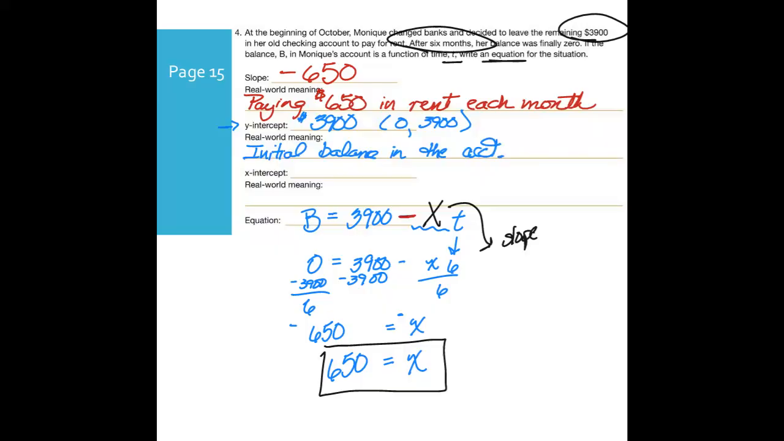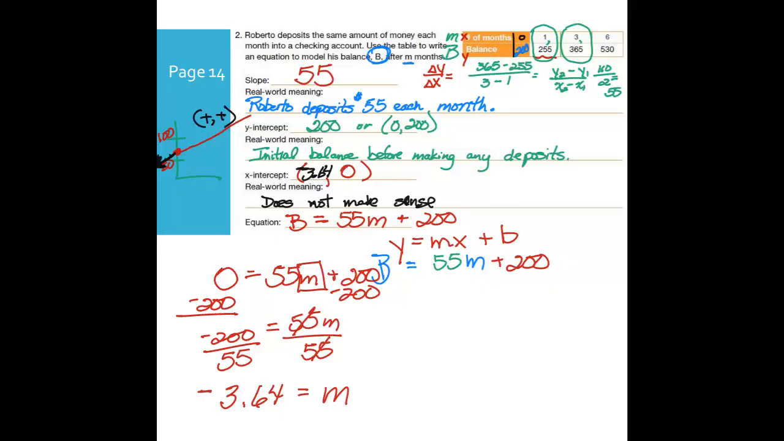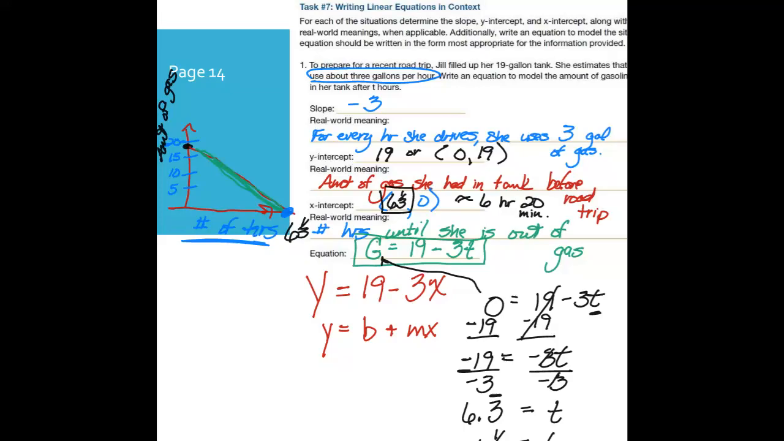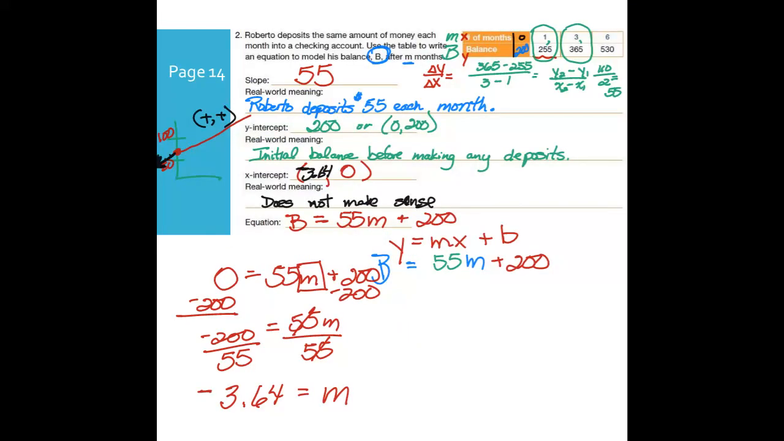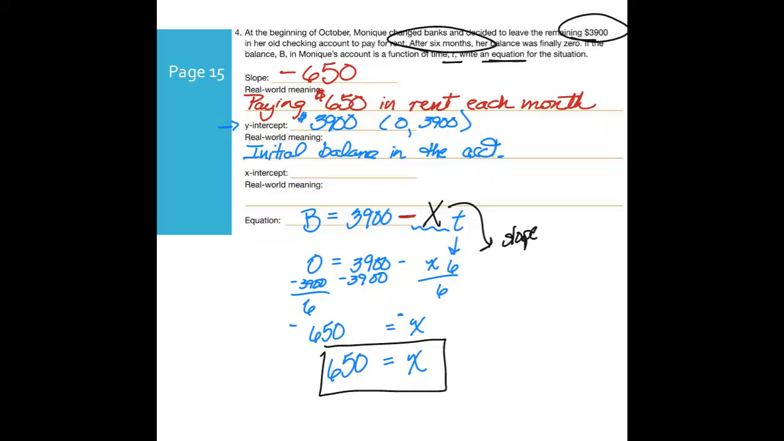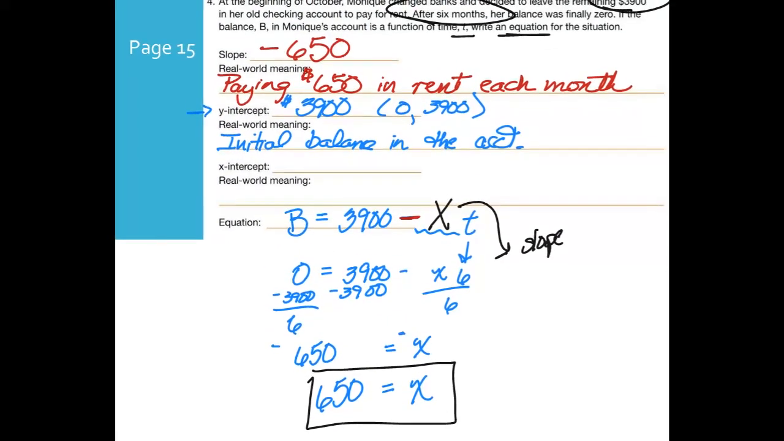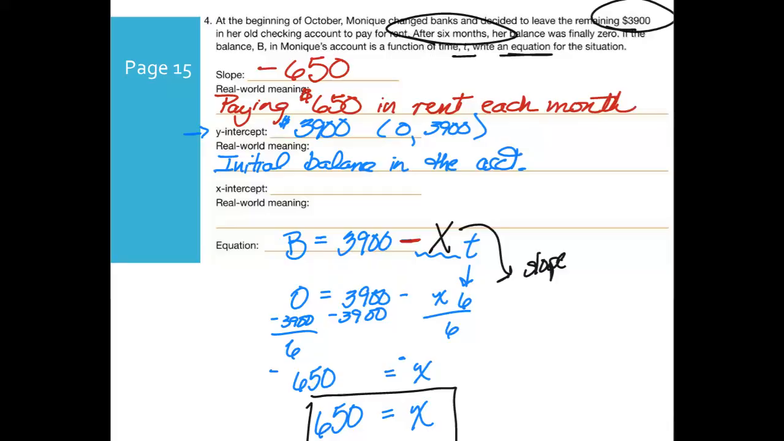Does that make sense to everybody? Your y-intercept is always the beginning amount, whether you're talking about a banking account or what else did we talk about? It was the number of gallons of gas she started with. But it's always your beginning amount, your y-intercept. Your x-intercept